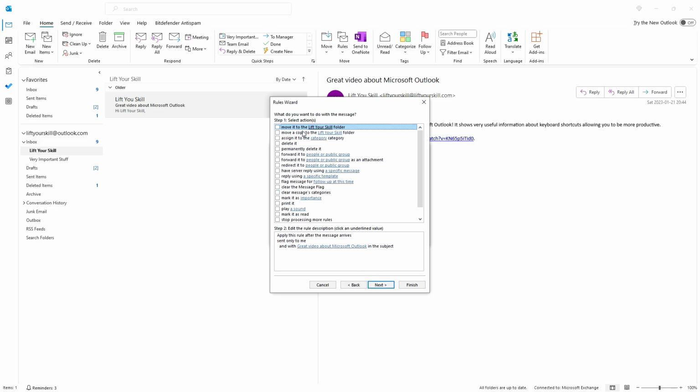In the second step, you can define what should happen when the rule is activated. You have various actions to choose from: to move the email to a specific folder, to delete it, to reply to that email, or flag it, or play a sound, or display an alert. As in the previous step, you can define more than one action, and these actions will be executed one after another. After specifying the actions for your rule, you can click Next to move to step 3, where you can